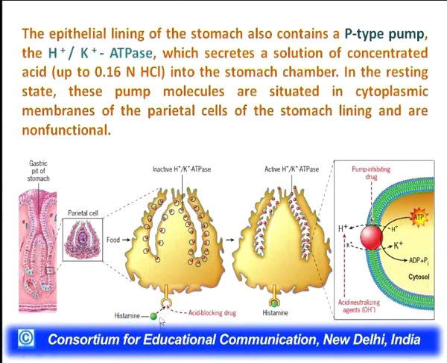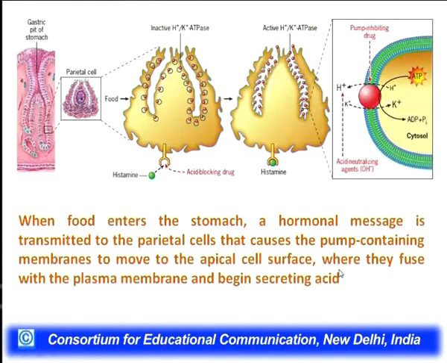Now, when there is a stimulus, for example, by the binding of this particular hormone, which is histamine, these hydrogen potassium ATPases will start moving towards these villi, and they will become active. So what happens here is, when food enters into the stomach, a hormonal message is transmitted. This hormonal message basically transmits the information, causing these hydrogen potassium ATPase molecules to move to the apical cell surface, where they fuse with the plasma membrane and begin